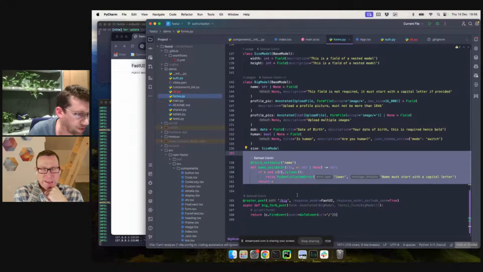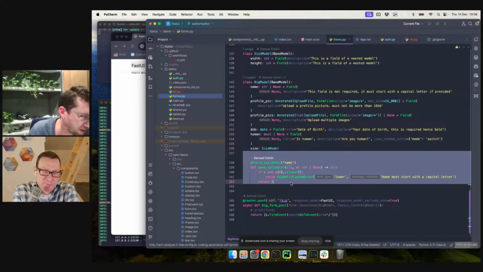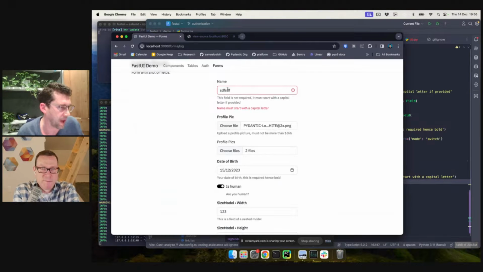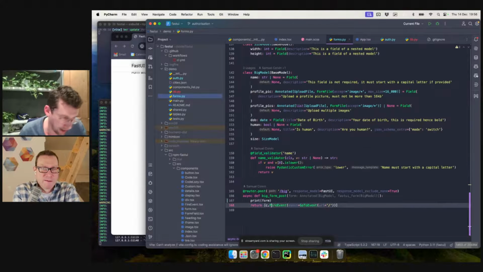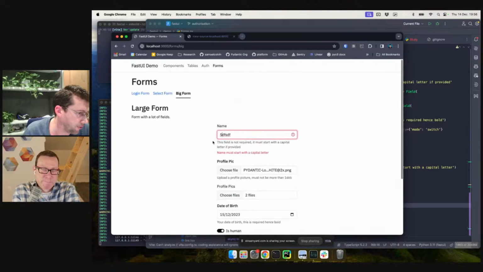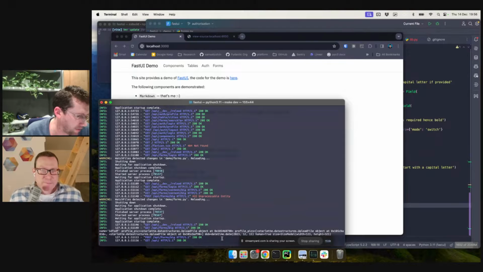Right. So just to prove the point, I've just written a validator in Pydantic, which says this must start with uppercase. And if I then went in here and edited that to print out the form, is that going to now clear my form? No, it's not, which is magic. And if I submit that, you'll see here where I printed out the form. We got the different file objects and we got the raw data all come through as the Pydantic model.